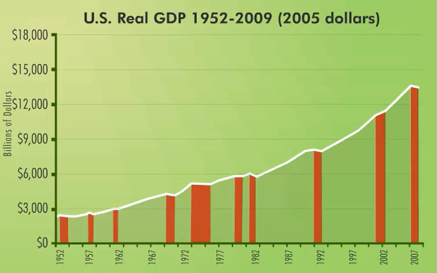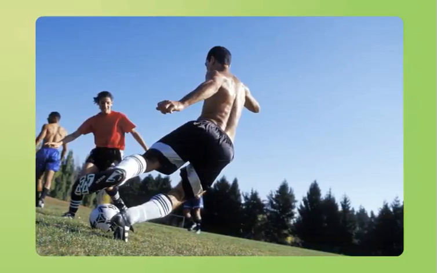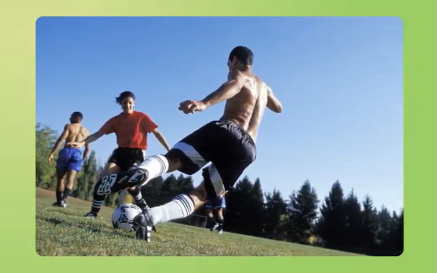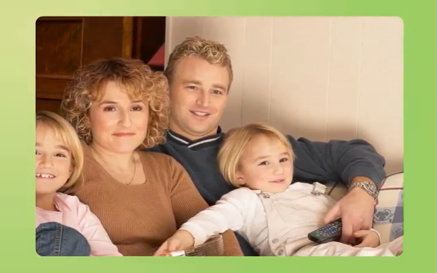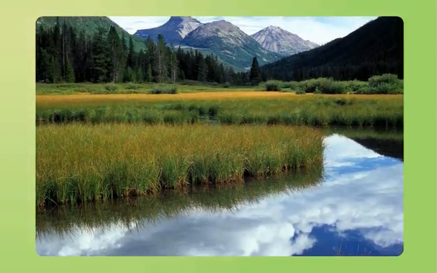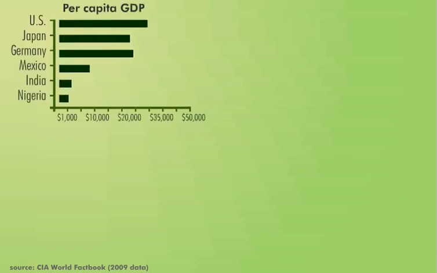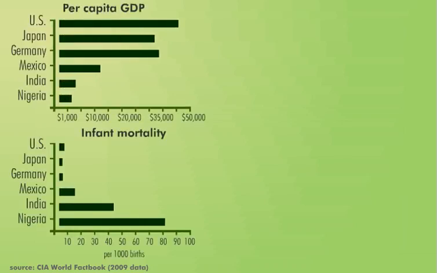But just as a good EKG readout is not a perfect measure of a healthy heart, real GDP is not a perfect measure of well-being. For example, real GDP does not measure the value of leisure, the value of goods and services produced and used in the home, or the quality of the environment. Although it's imperfect, real GDP does indicate a standard of living.